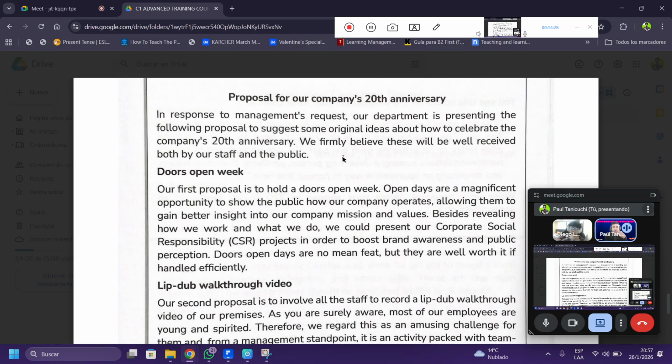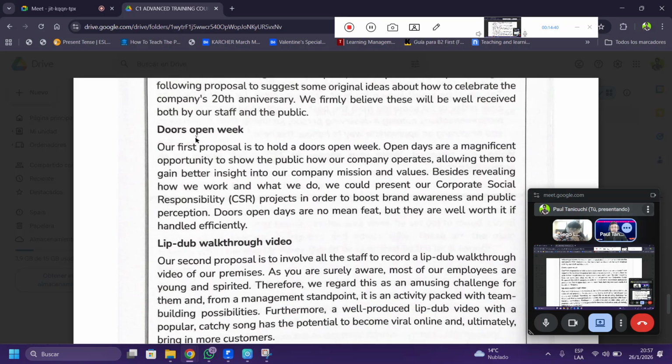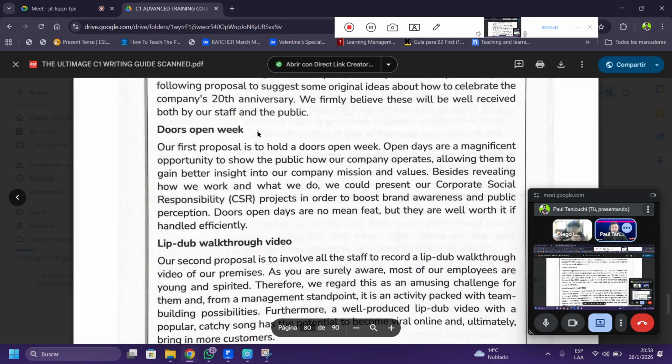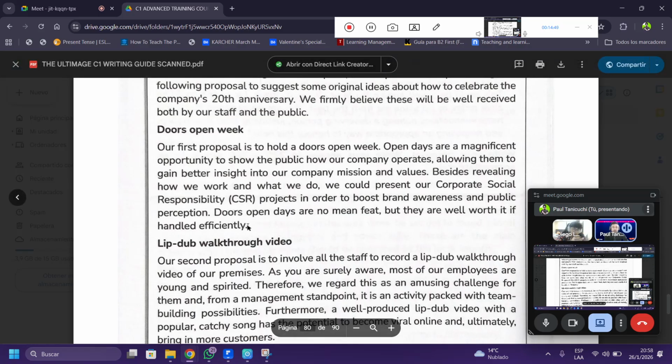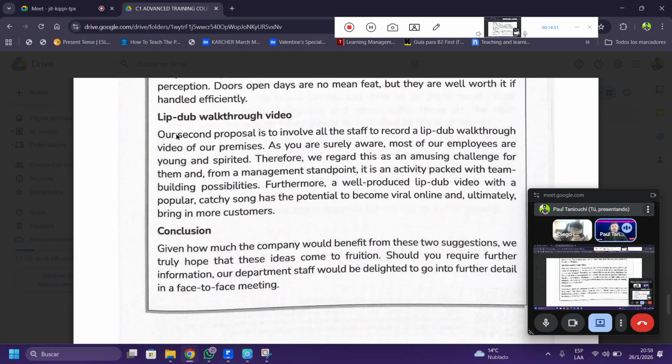As you can see, in the introduction you have to make your arguments regarding your opinion. We firmly believe, you see, this is another useful adverb, we firmly believe this will be well received both by our staff and the public. Here, the first subheading, doors open week, is the first idea. It's like your topic sentence. The whole paragraph is going to be about this. Then laptop walkthrough video, this is the other one, and the conclusion.